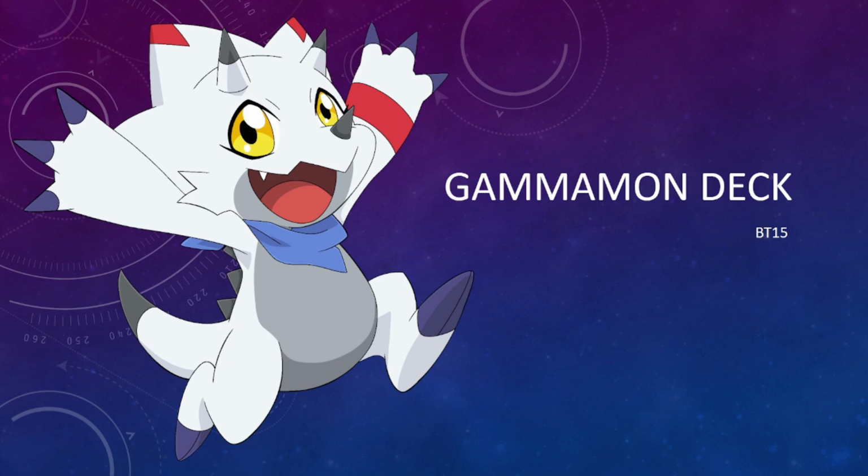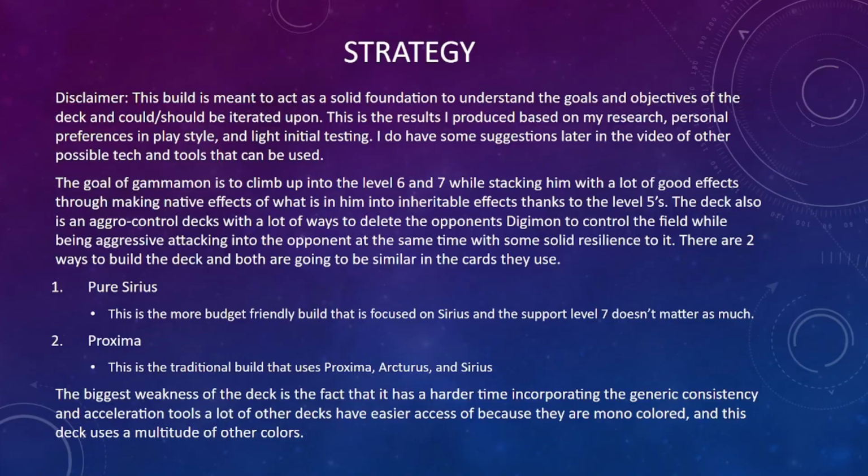So today I'm going to be taking a look at BT15, and BT15 offers us lots of new and powerful tools to be able to build and iterate on some new and existing decks. And today's deck I'm going to be taking a look at is going to be a brand new iteration on the Gammamon deck. So Gammamon did get a couple of updates in BT15 thanks to the fact that LM cards